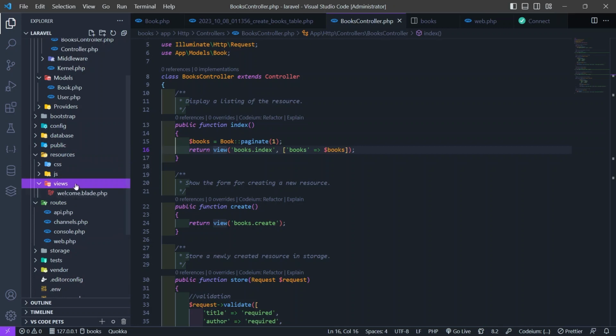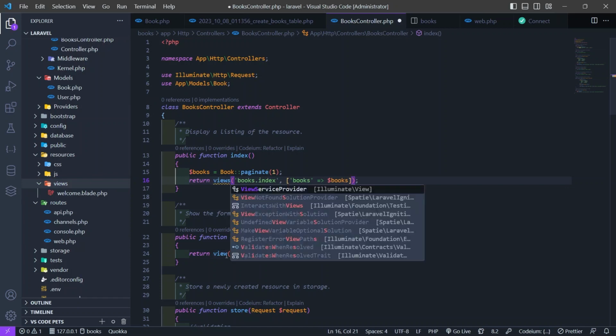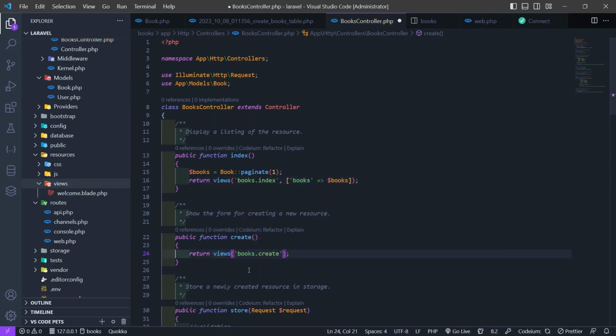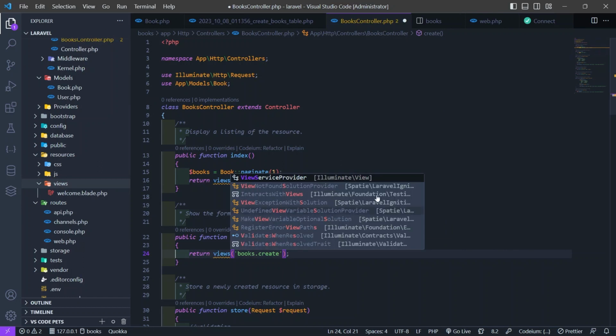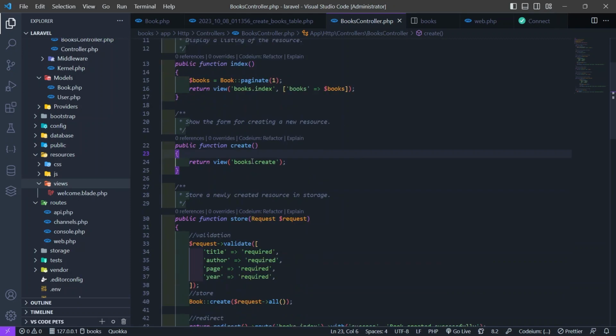So we will create a new folder here later in views. Okay, let's just keep it like that. View books.index, books. This one also we will create a create in the books,